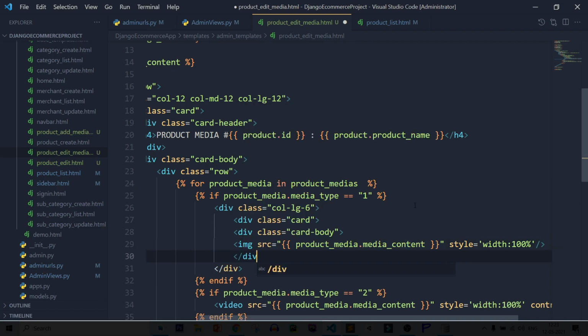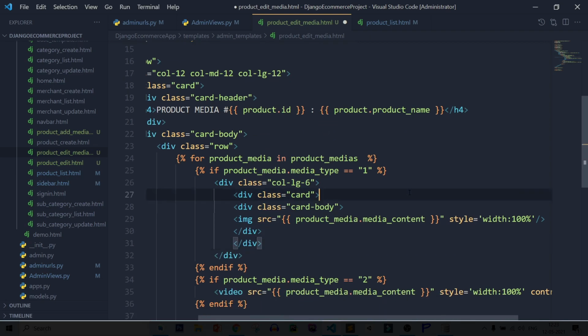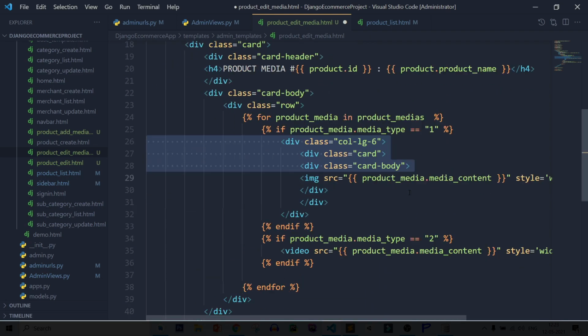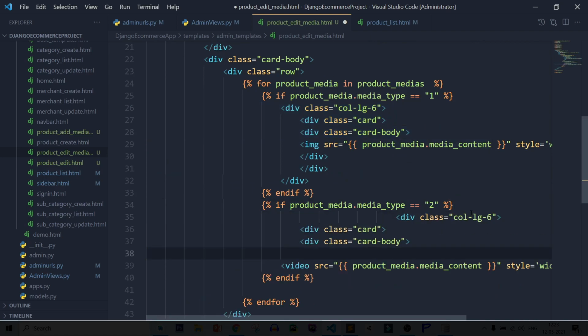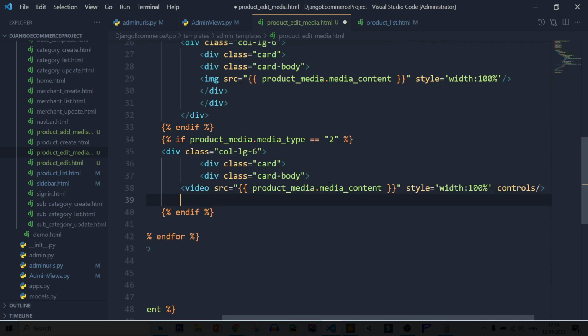Close these two divs which I opened for the card. After that, copy this, paste it also here. Also copy it, paste it here.